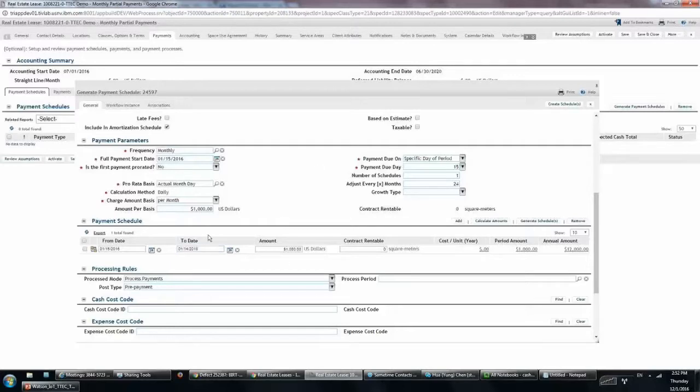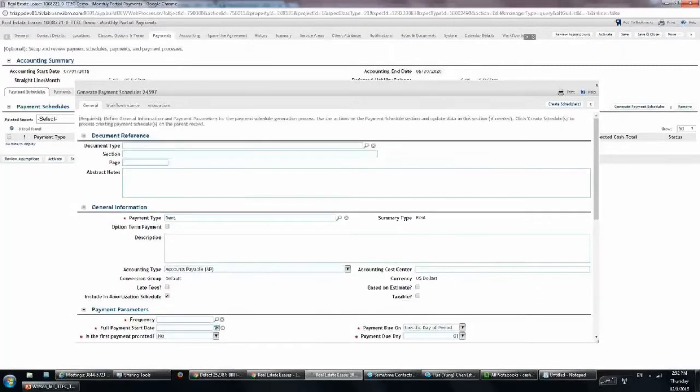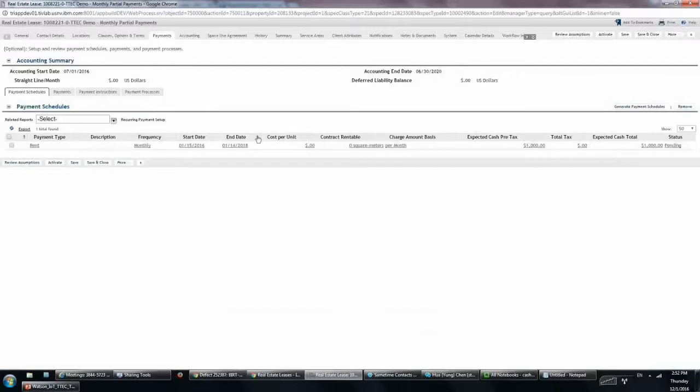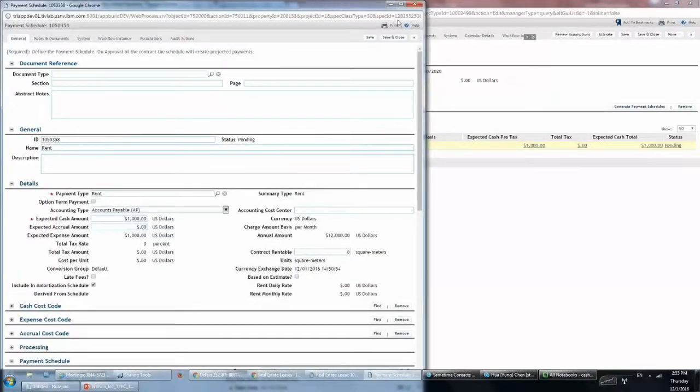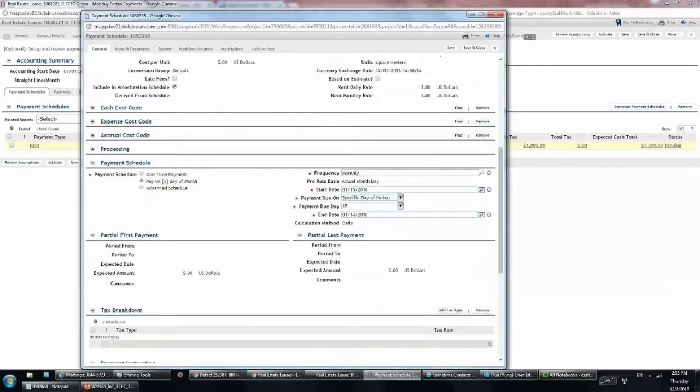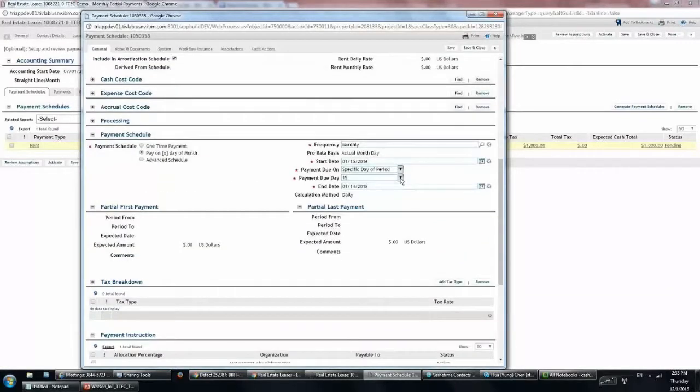When I'm satisfied with this, I just click on create schedule. When that is clicked, we can close this form. And now you see that the payment schedule is created for the monthly. If I click into it, the payment schedule record will open, and you see that there will be no